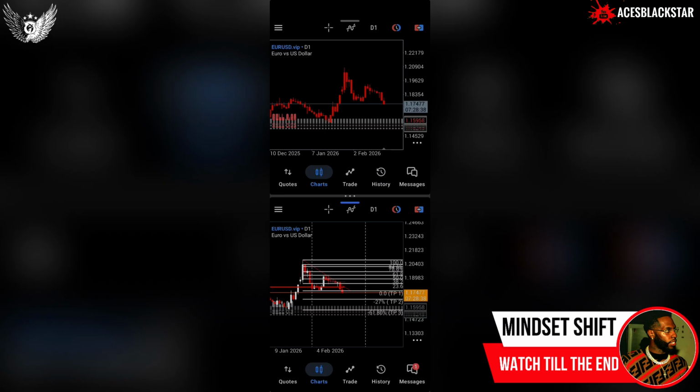So it's not a signals group where I send out signals, you have to copy and paste at 2, 3, 4 in the morning and try not to miss the trade. This is using AI on the back end, automatically copying my entries, my exits, my stop losses, and all of that kind of stuff. And a lot of traders won't do this because they can't actually trade. So if you copied their trades, you would probably lose, because a lot of them make money just from courses and signal groups and all of that kind of stuff. They don't actually make money from trading. So not everybody, but a majority of people just make money from courses. There's very few people that actually know how to trade.